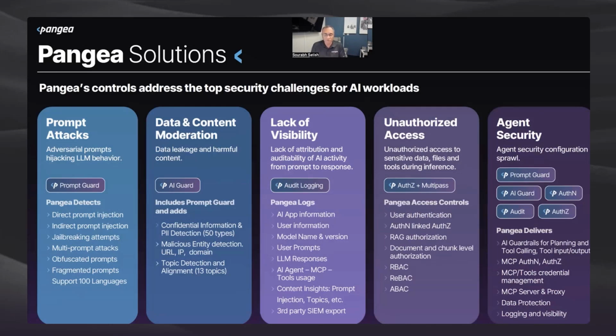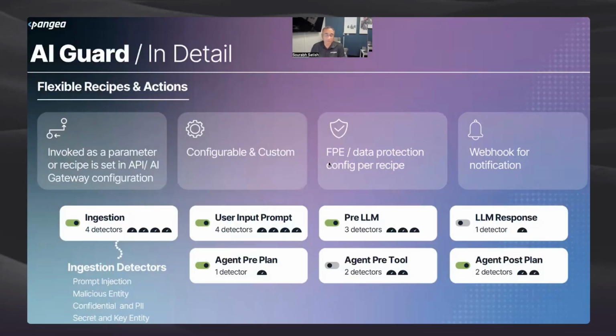And by invocation of the guardrail, we can make sure that any tool input or output does not have malicious tokens, prompt injection tokens, sensitive information, and so on and so forth. And again, this proxy can also be doing logging to give you full visibility into what the agent has been doing. Now, in terms of the guardrail service that we have, the AI guardrail service has the notion of recipes